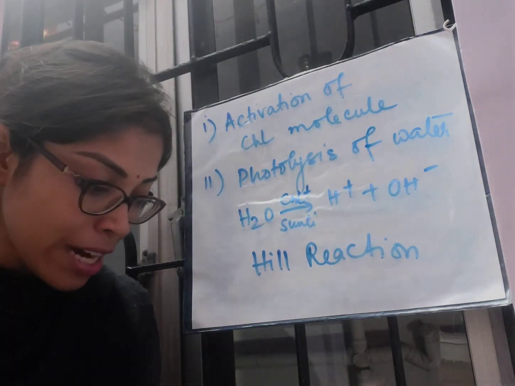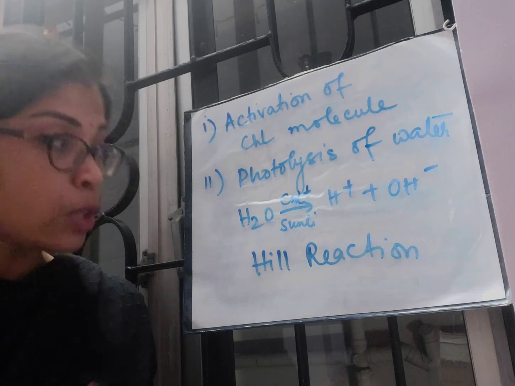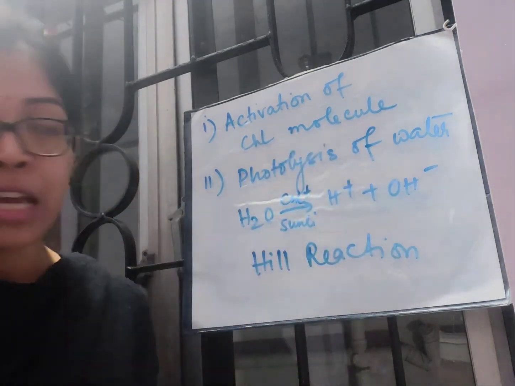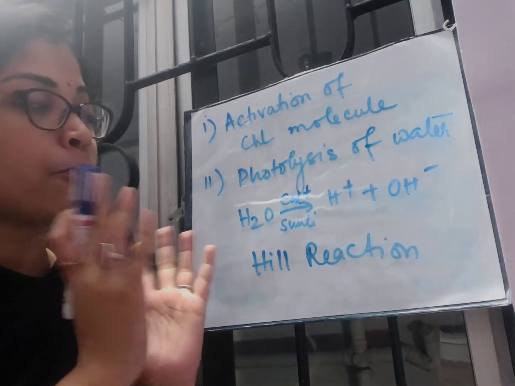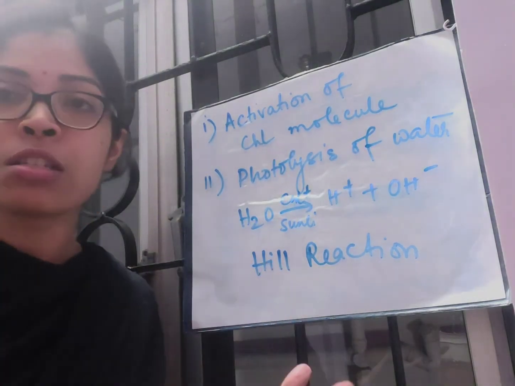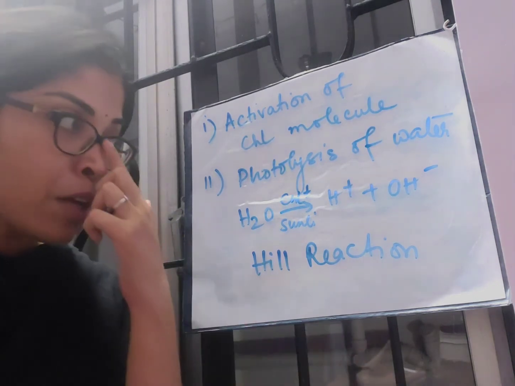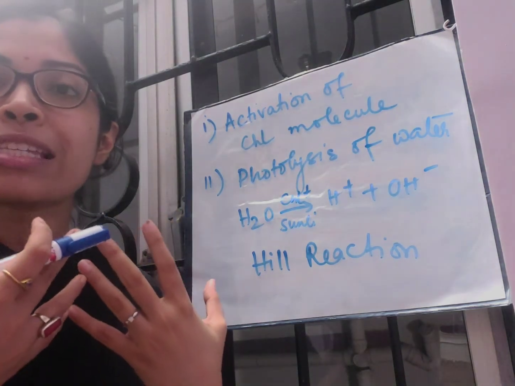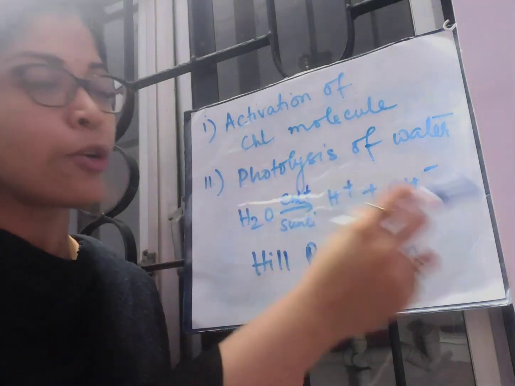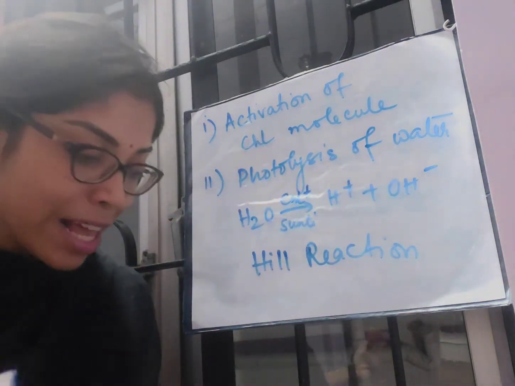Okay, now in the next online class I will continue with what happens with this hydroxyl and hydrogen ion. The breakdown of water takes place due to some reason, right? It just does not take place just like that. So what is the reason of the breaking down the H2O into H plus and OH minus? So we will continue with the next step